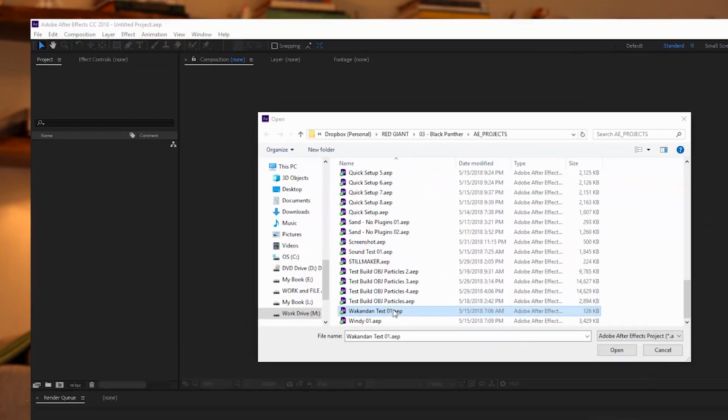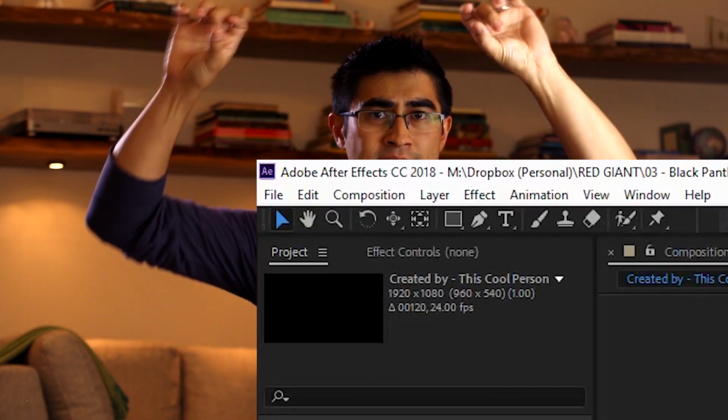Oh, and did I not mention that this is all Adobe After Effects last time? I'm using Adobe After Effects. It says it at the top of the screen for like 90% of